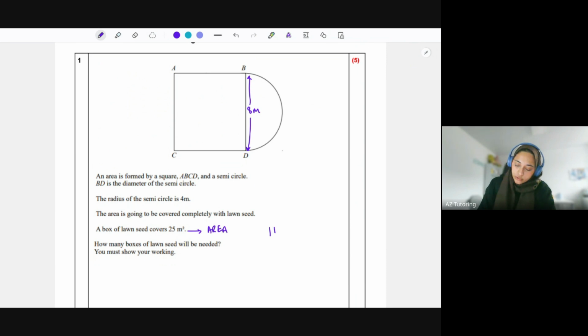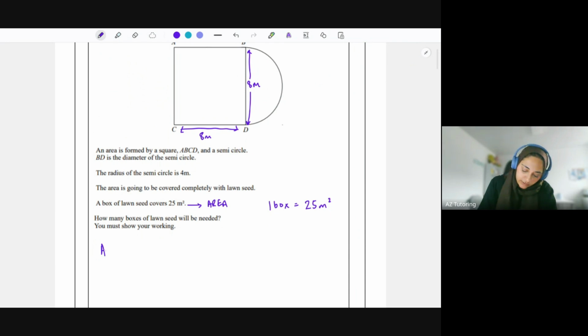So if we know one box is going to cover 25 meters squared, we need to figure out the area of all of this to figure out how many boxes we need. To work out the area of this, we're going to work out the area of the square, and the area of the semicircle. Since it's a square, if we know this side's 8 meters because the radius is 4 meters, then this side over here also must be 8 meters. So we can work out the area of the square,